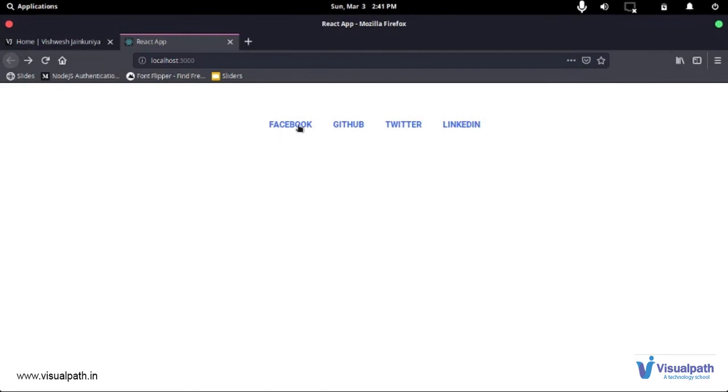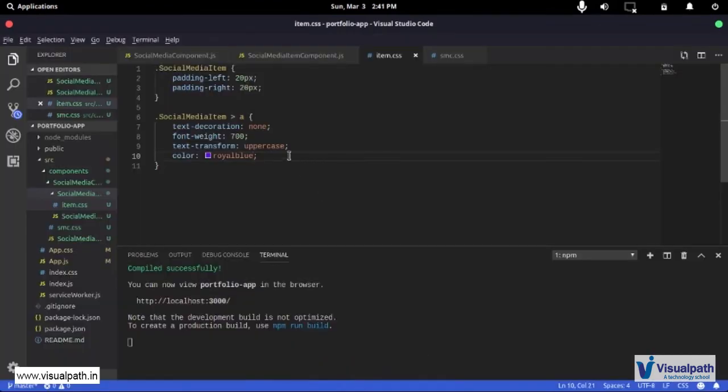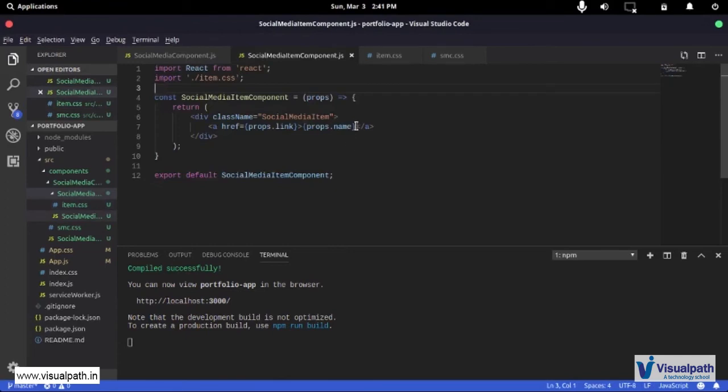Now instead of just using the names Facebook, GitHub, you can replace those with icons, and this will look great again. There is another thing that I can do here, and these are just things that you do to make your UI look good, actually great. What I can do is add a tooltip here. Let me show you what a tooltip does first. So let's just say this is the tooltip.